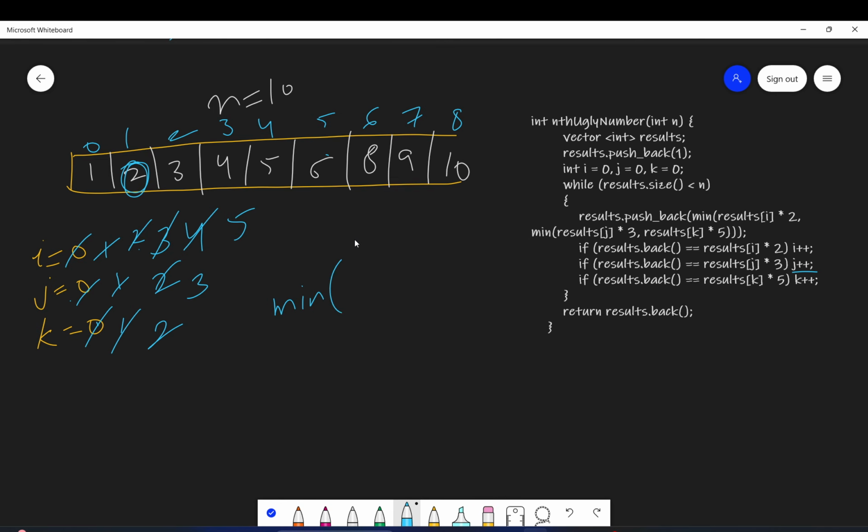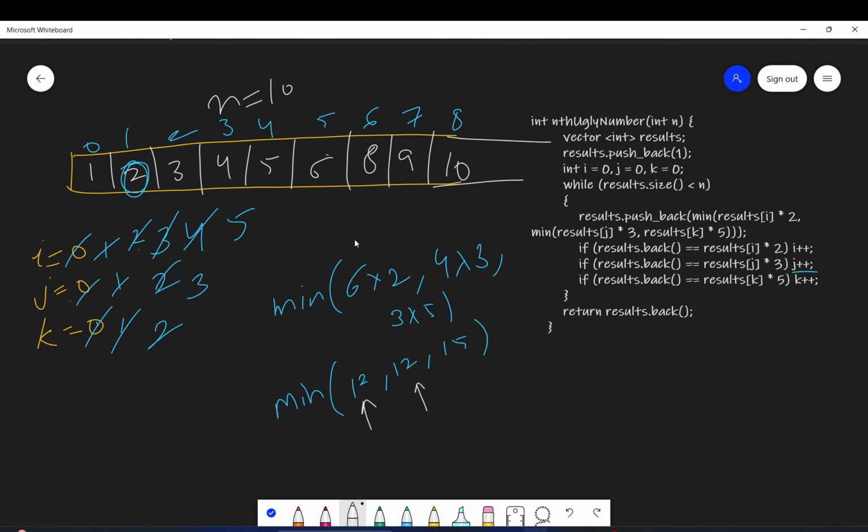Next iteration, minimum. Result of 5 will be 6 into 2, comma, 4 into 3, comma, 3 into 5. So this will be the minimum of 12, comma, 12, comma, 15. So these two are the minimum.